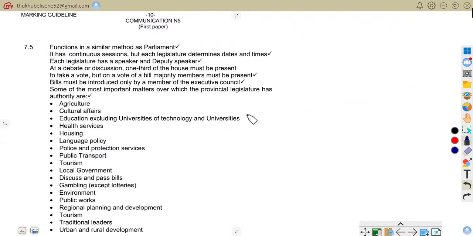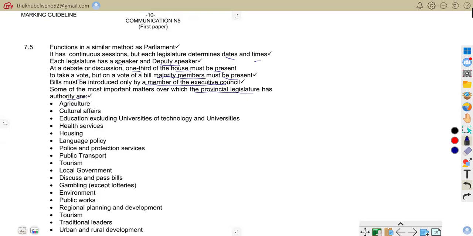So here are those functions. They function in a similar method as a parliament. So it has continuous sessions, but each legislature determines dates and times. Each legislature has a speaker and deputy speaker. At a debate or discussion, one-third of the house must be present, but to take a vote on a bill, a majority of members must be present. Bills must be introduced only by a member of the executive council. Some of the most important matters over which the provincial legislature has authority are